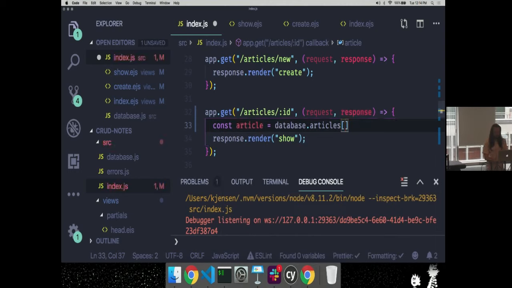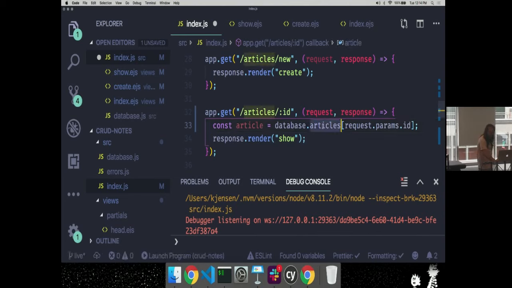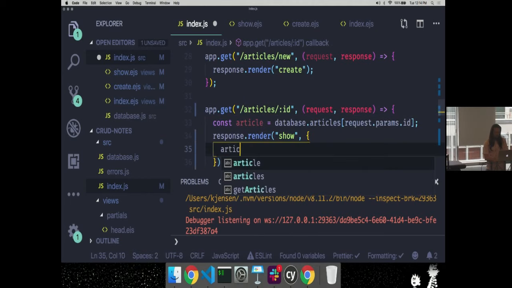But there's a lot less work for this one, so I'm just going to say, go to the database, grab the articles object, and find the object that has the key of whatever the ID is, so 1, 2, or 3. That's your article object. And then take that and pass it here in the render method.